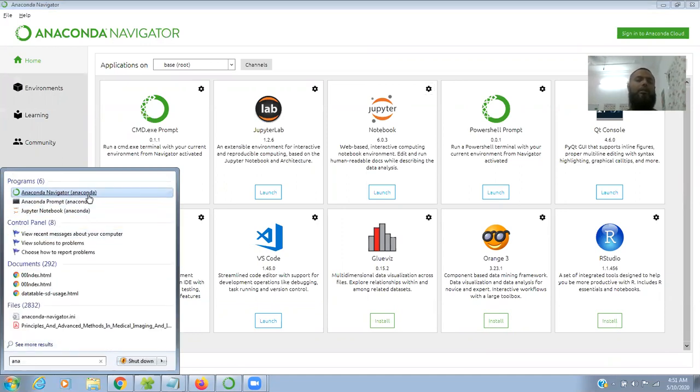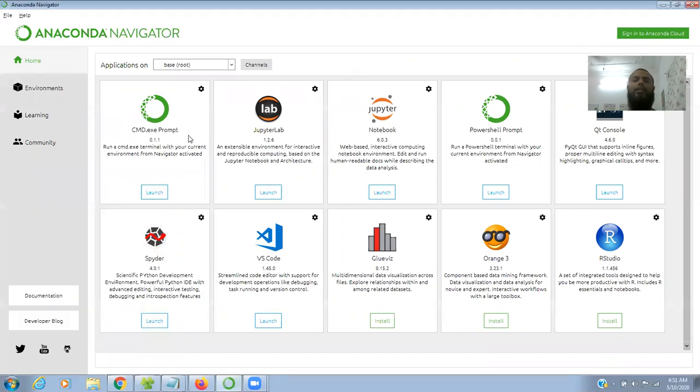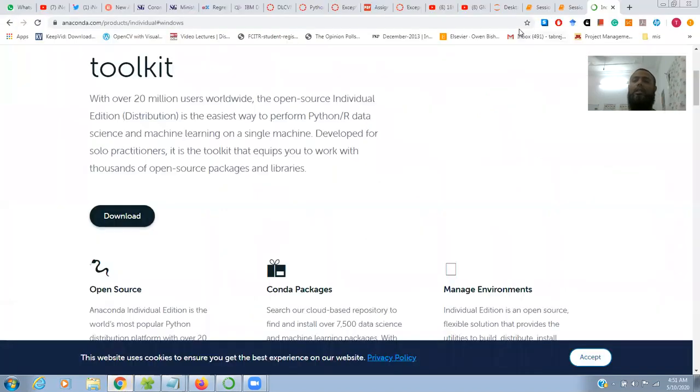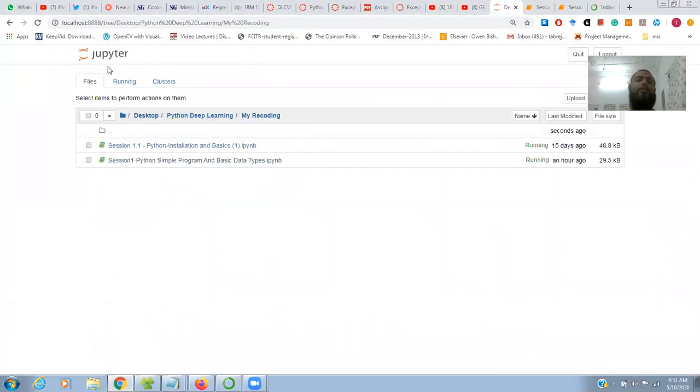Anaconda Navigator, okay. If you open that one, you can find many things here, like Spyder, which is the most popular in data science. Editors also, Jupyter is also a web editor. So now we are going to work on the Jupyter platform, or Jupyter editor. This is a web platform where we can run Python programs. When you click this, it will be launched like this. It is localhost 8888 and it will look like this.